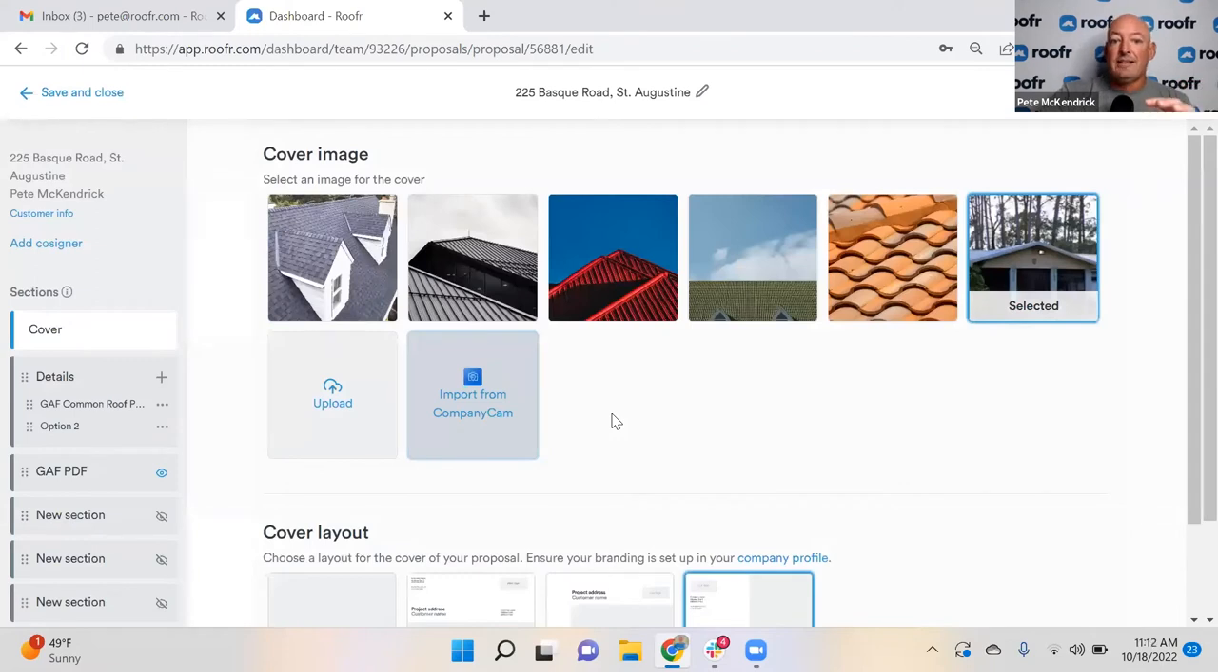So a lot of guys have really liked this option. Originally, we gave them the ability to upload a photo. We've now added the import CompanyCam. So now they can take one of those CompanyCam photos, an aerial shot, or the front of the house, if that's one of the pictures they've taken, or anything that they have, they can make the cover image of their